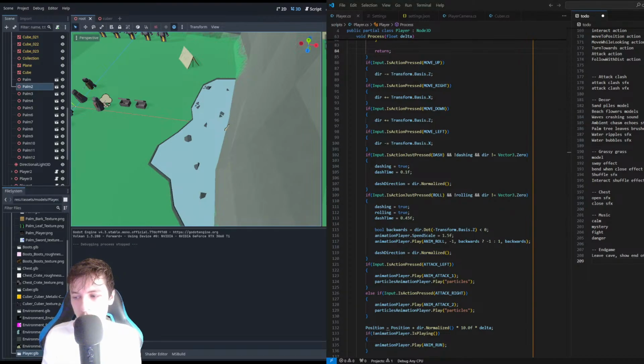That's basically the basic endgame, I imagine. Then UI: restart, continue, pause, maybe, yeah. Exit, options, options, volume, and